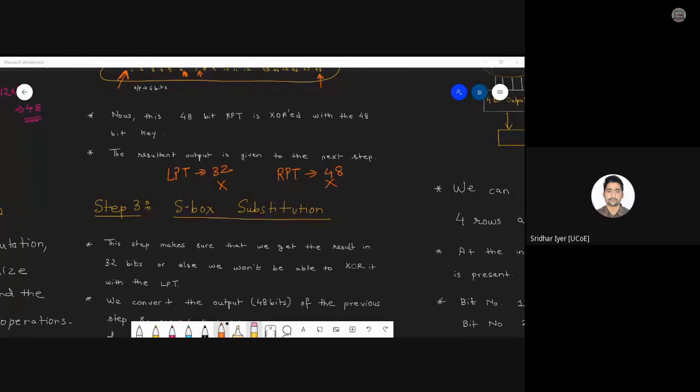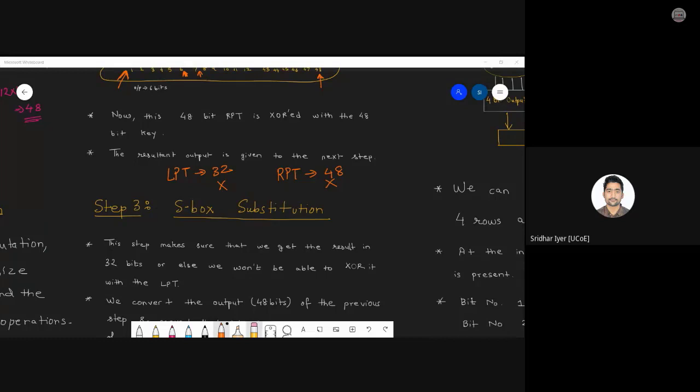That's a very obvious question, right? If we want the final answer to be in terms of 32 bits only, then why did we opt for the 48-bit operation? It's very simple. We can't simply send the value directly to the user without doing any operations. The operations that you see in between are nothing but increasing the complexity of the entire problem.